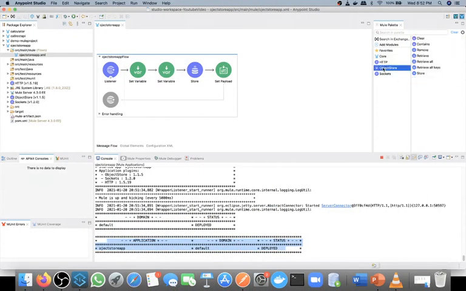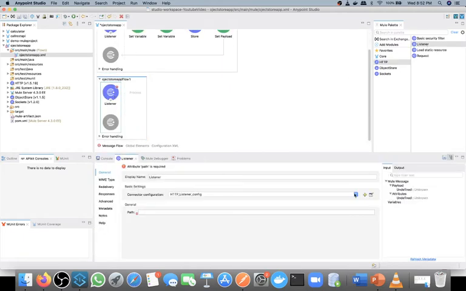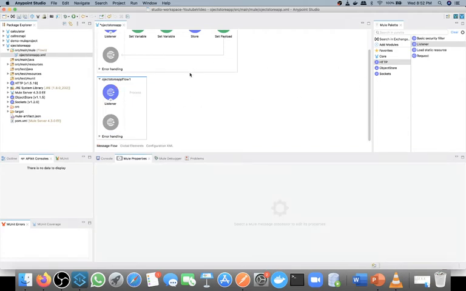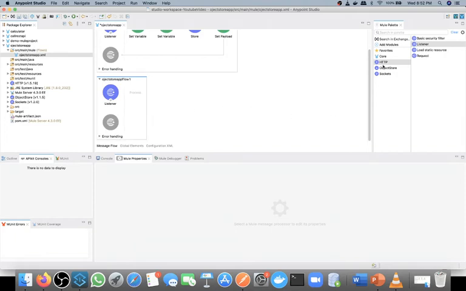I will go to object store and select the retrieve operation. For that, again I will expose my API as a REST API, so I will use the HTTP listener with the same configuration that I created. The earlier path was OBS, and this one is for retrieve, so I will use OBR. You can put any logical name. Then I will create a variable to get the key value.